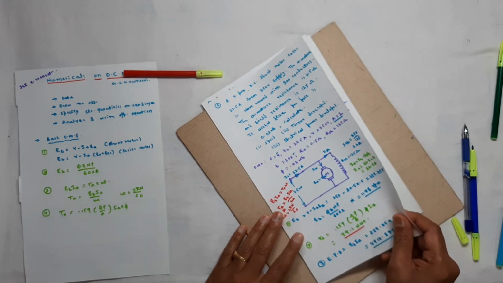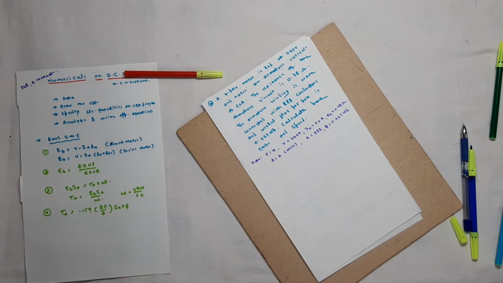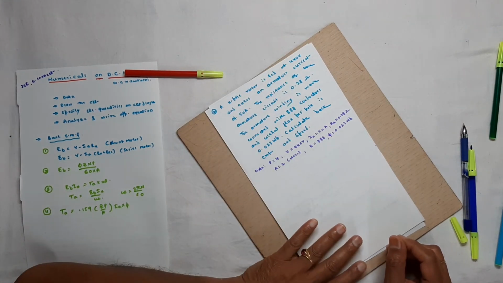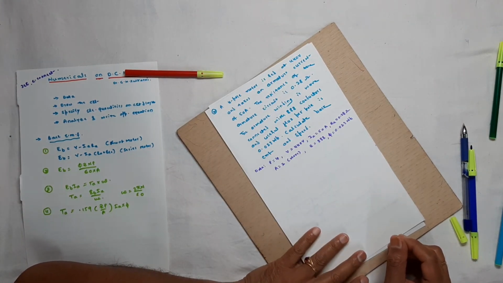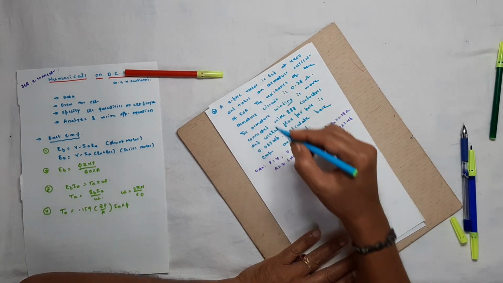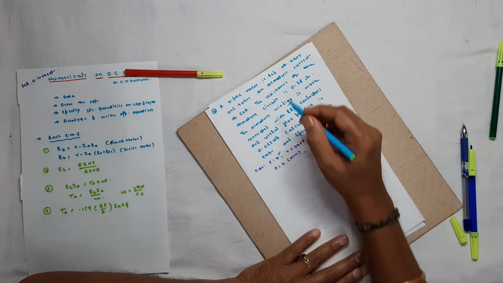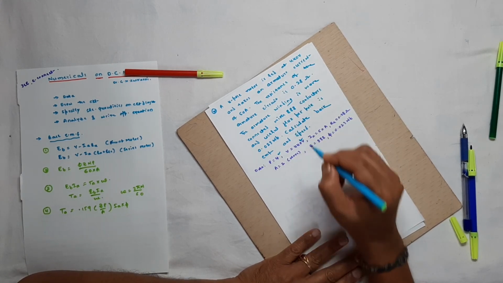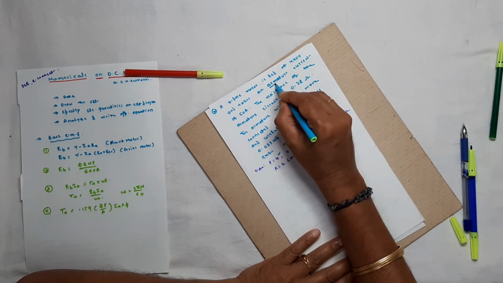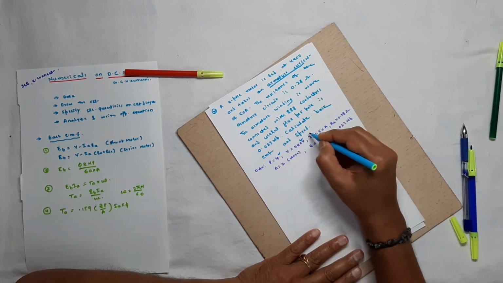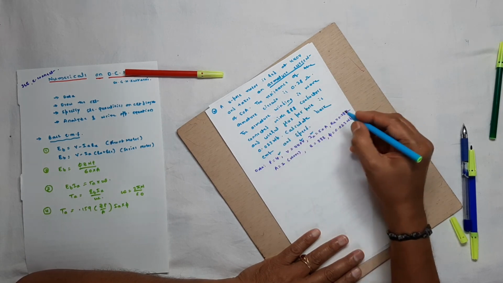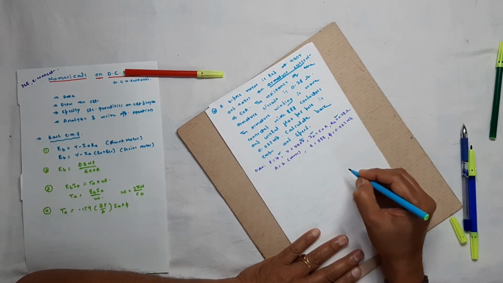Then there is one more numerical, a simple numerical we have to finish off. In this numerical, what type of machine it is is not mentioned here. Carefully look at what is given. 4-pole motor, P is equal to 4. Fed at 440 volts, that is V is 440, and takes an armature current. Note this down. This is armature current, directly given, IA, that is 50 amperes.